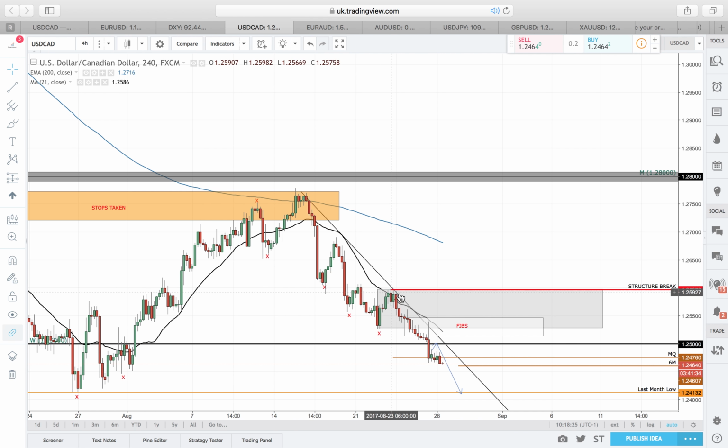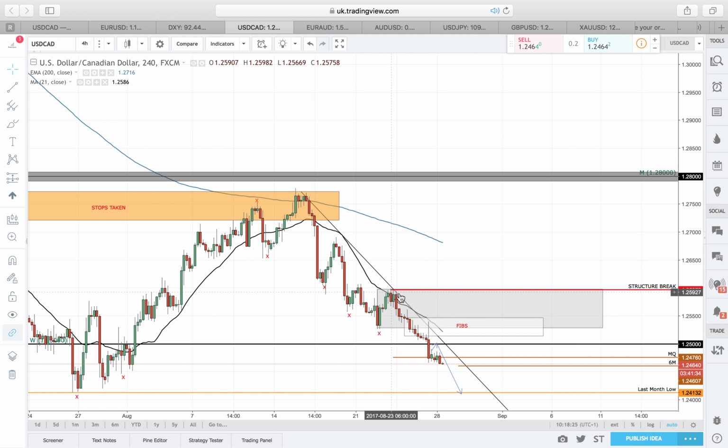Euro AUD. This one is moving to expectations. What I'm expecting is that on the long term, I am bullish. I'm just going to the weekly chart. I'm bullish in a way because I see a structure break. We've been seeing lower highs and lower lows: one high, one low, lower high, lower low, and then the market pushes up and breaks. Imagine a trend line like this. You see, the market has broken it.